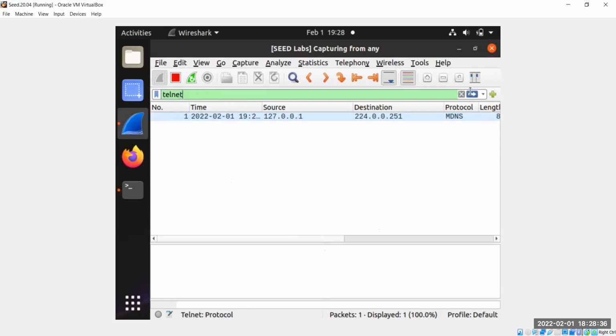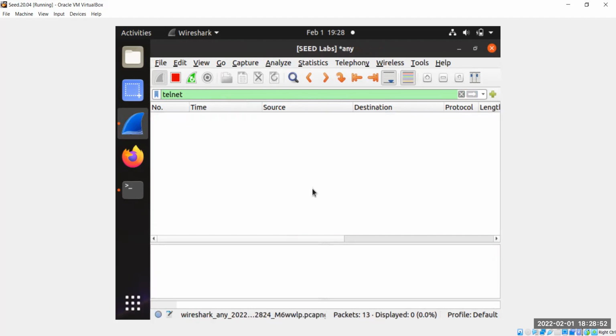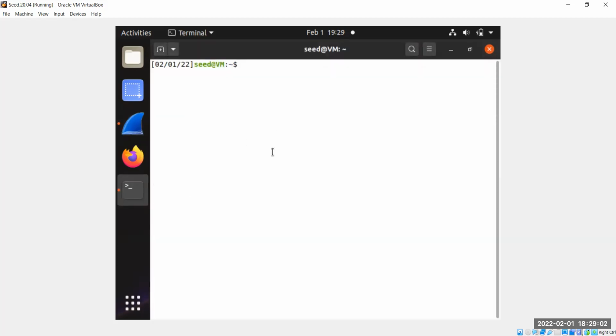All right, so we can basically here then just capture the Telnet packets. Okay, so now let's go ahead and connect. Right, should be running now. All right, so now let's go ahead and open a terminal here. I only have one machine, but you guys can have two machines. I'm going to run Telnet, let's say